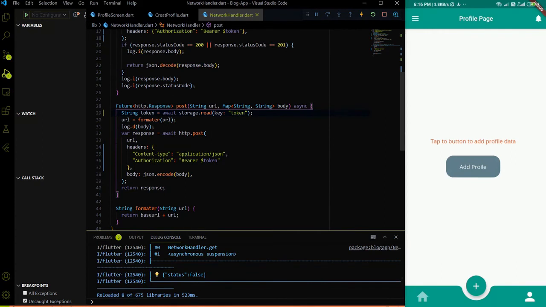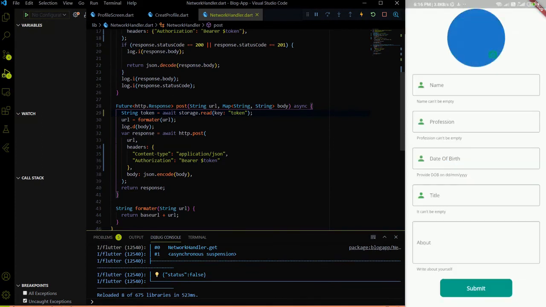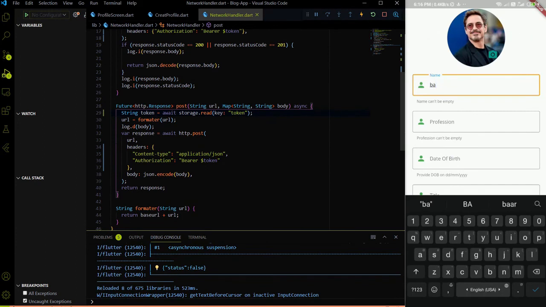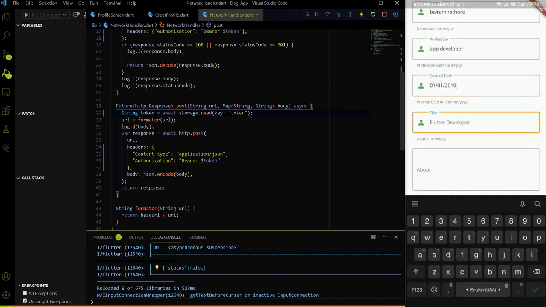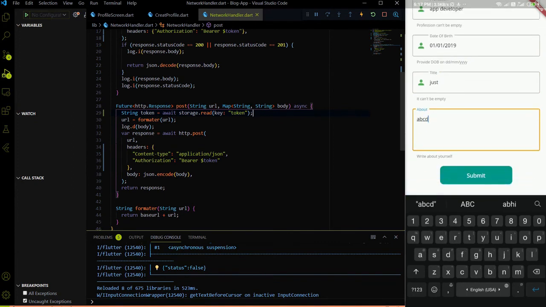And now we just have to go on to the profile page, add a profile, and in the add a profile we have to provide a name, like my name is Balram Rathore, and the profession as app developer, and date of birth 01/01/2019, not 2020, because 2020 is very bad, and provide a title just, and hit the submit button.